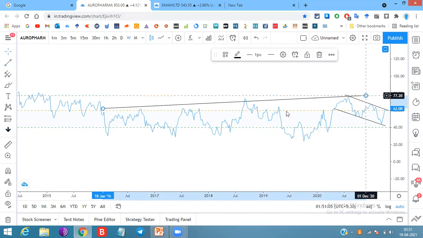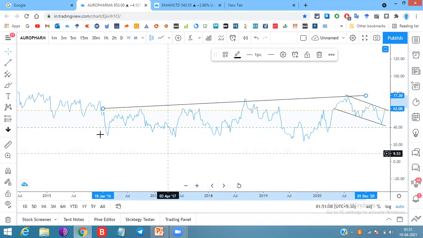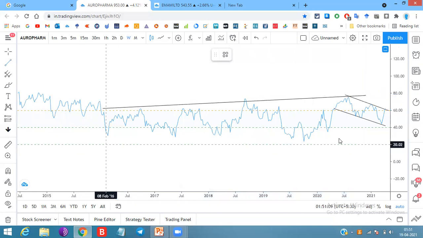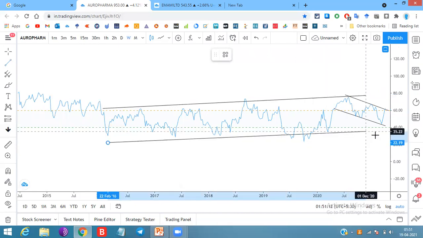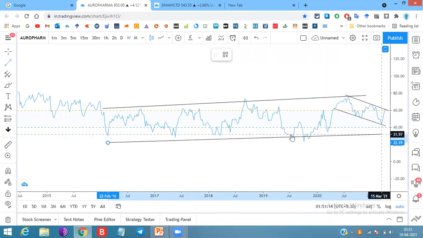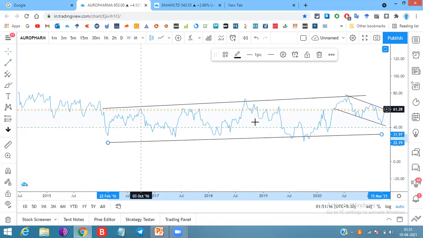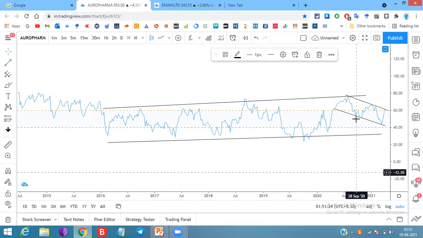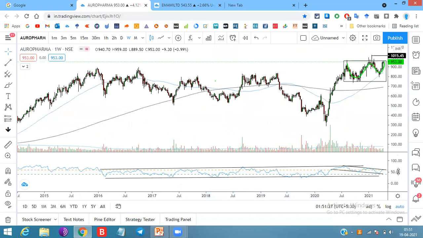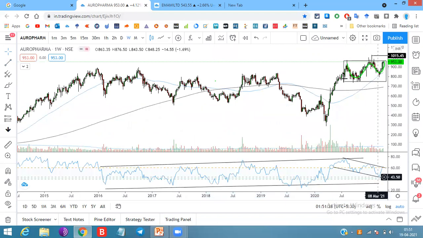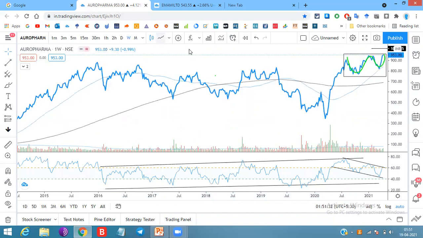This is one point I've plotted. This is the other one I've plotted. It's actually not that perfect, but for a rough drawing, it's okay. But look at this, this could be a DD plus. These two points could be a DD plus. Yes, let me look at the line charts.